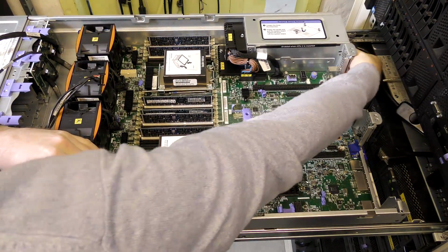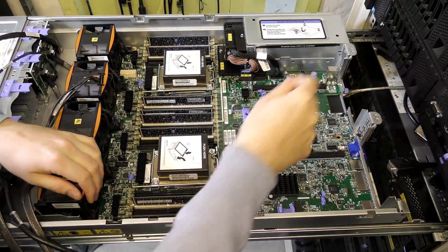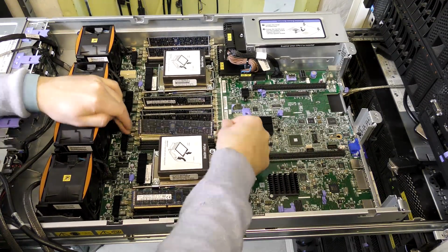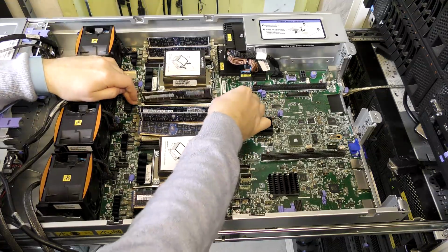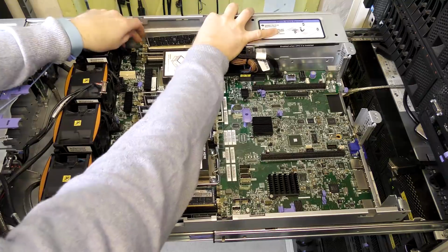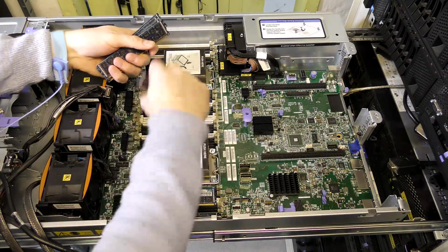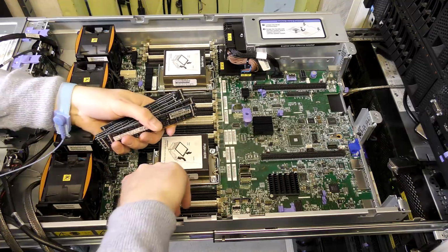I will remove power. There. And then we'll take out the RAM. I had this 1/3 full of RAM. I had tried without any RAM, or just one RAM. I did also try without RAM and without CPUs. That of course did not work, but well, I tried it. So out with the RAM,